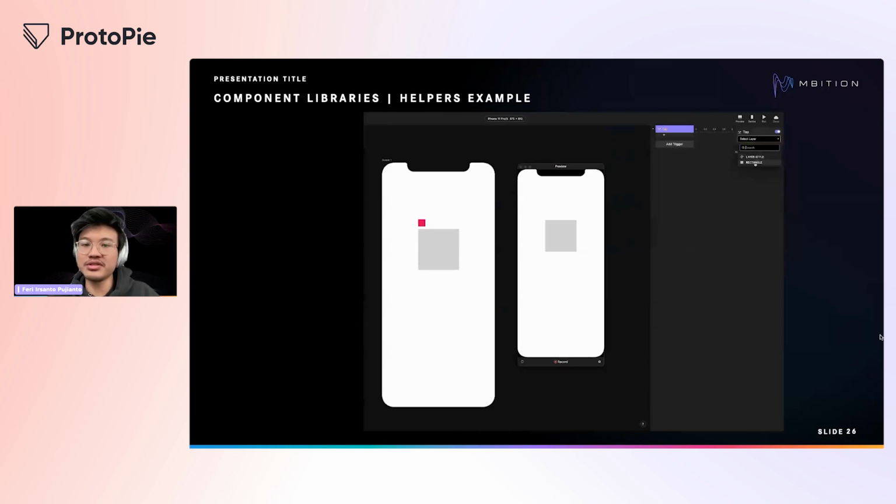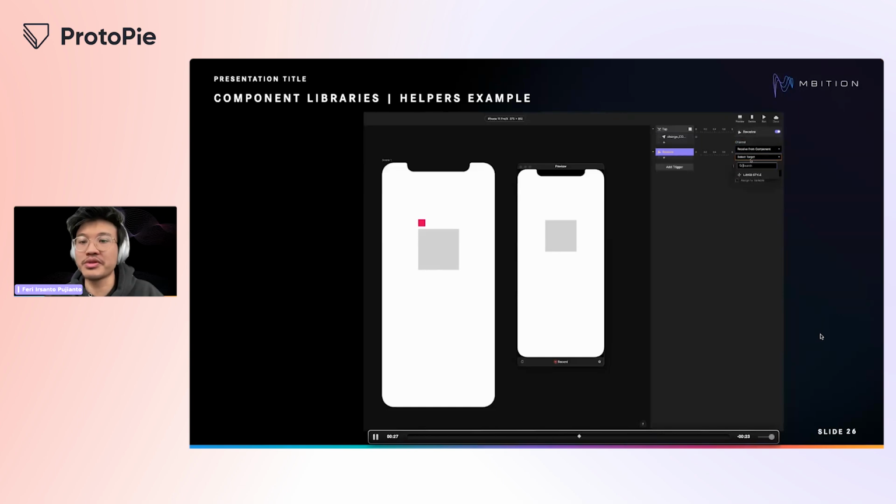And here is an example of the layer styling. I'm creating an interaction of tapping the gray square to send out the signal to the helper with a string value of the color code. In this case, the string value is called status warning. I then receive the signal back along with the hex value as a response to recolor the square.